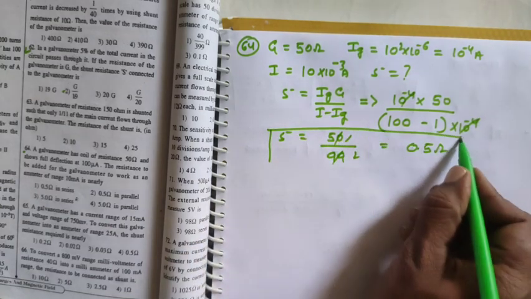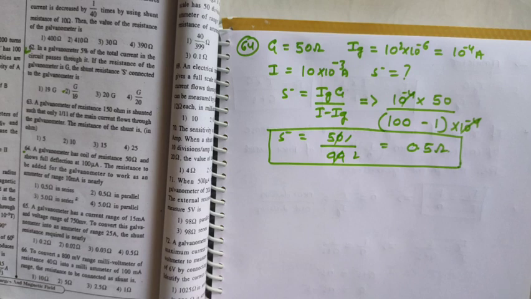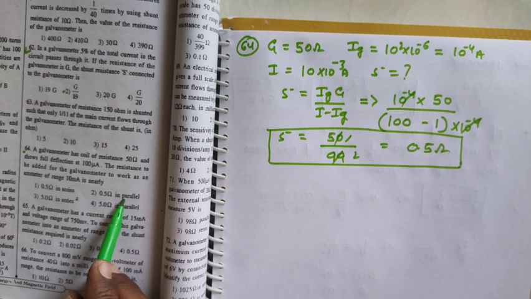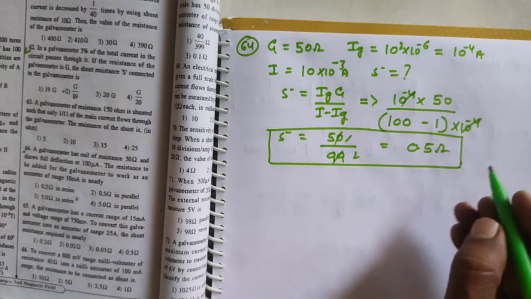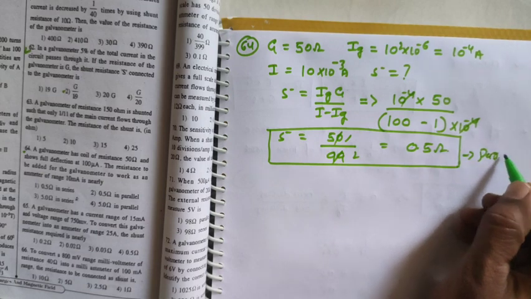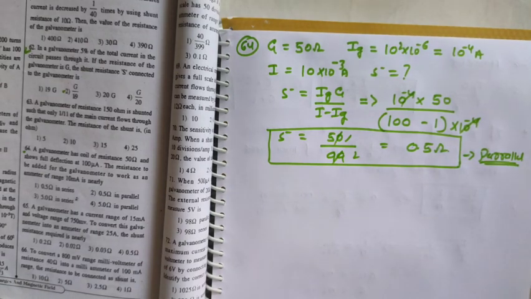How much value of low resistance do I need to connect in order to convert this galvanometer to an ammeter? That is 0.5 ohm of low resistance wire, which I will connect in parallel to the galvanometer. Here they give options: 0.5 ohm parallel and 0.5 ohm series. Which is the right answer? 0.5 ohm I will connect in parallel to the galvanometer in order to convert that galvanometer